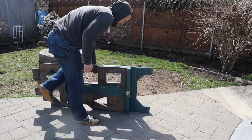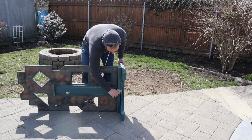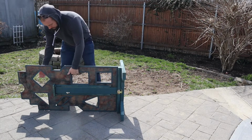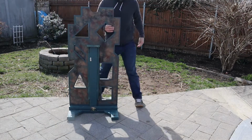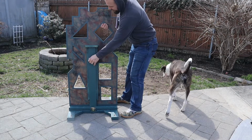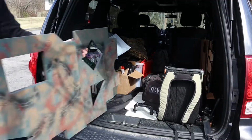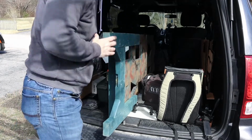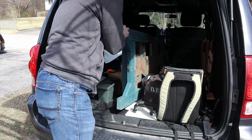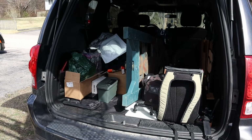Is collapsibility a word? It is now. I love how they're portable, small, they fold up. So whether you're storing this at a shed near your range and you don't want to take up a lot of space, or you have a car or whatever and you need to transport something back and forth to the range, and even in my van, I bring a lot of stuff to the range with me. My van is usually a mess. So this is so small and thin, I can easily take it to the range and not take up a lot of room. I like how it's adjustable up and down, and yeah, the only con I have is something